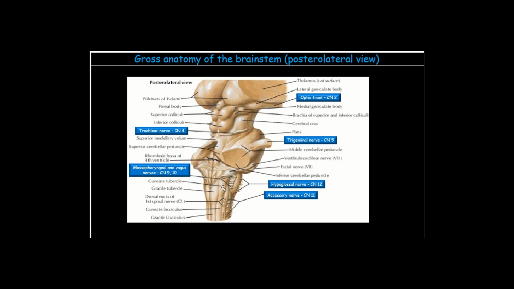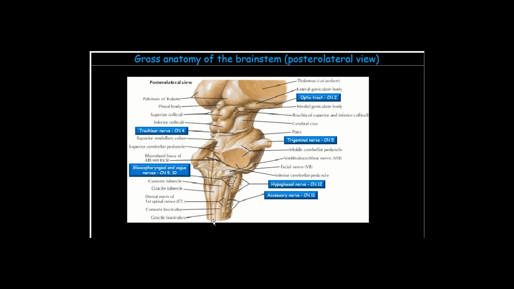Both the gracile and the cuneate tubercles, containing the gracile and the cuneate nuclei, are the cell bodies of the second order neurons of the dorsal column pathway. These are the ascending white matter tract fibers known as the gracile fasciculus and the cuneate fasciculus on the dorsal